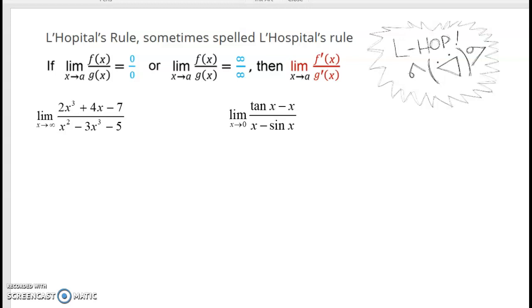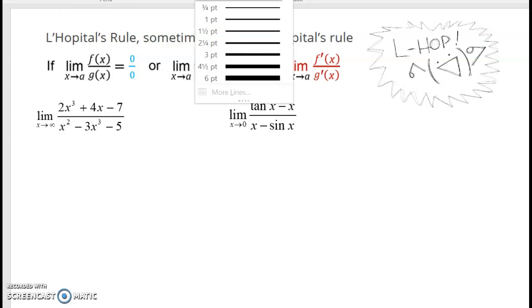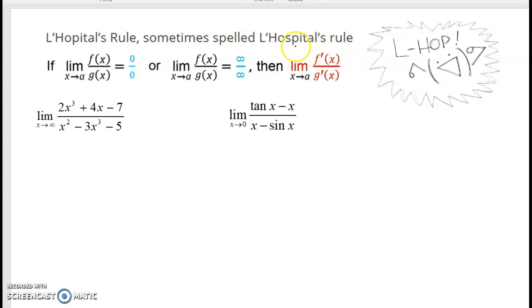But we're going to start with reviewing your L'Hopital's rule. L'Hopital's rule works if you're looking at a limit that yields either 0 over 0 or infinity over infinity. If one of these two situations happens, you can, instead of looking at these indeterminate forms, which is what they're called,